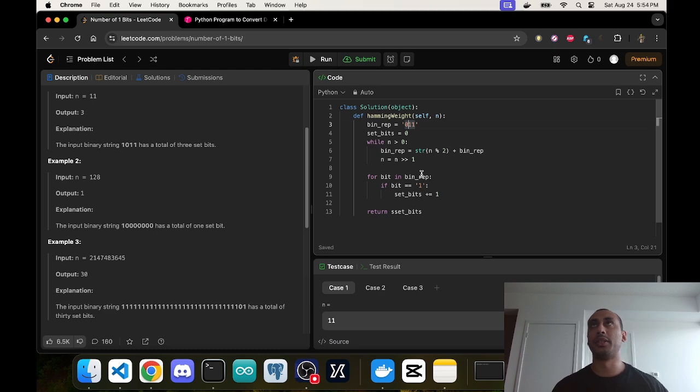So 2 divided by 2 is 1. Remainder is 0. So now we shift the bits to the right. So that's 2 divided by 2, that's going to be 1. 1 is greater than 0. So if 1 is greater than 0, that means 1 divided by 2,